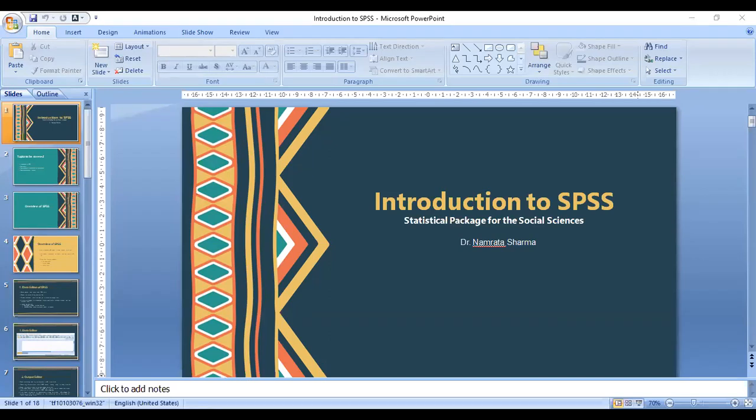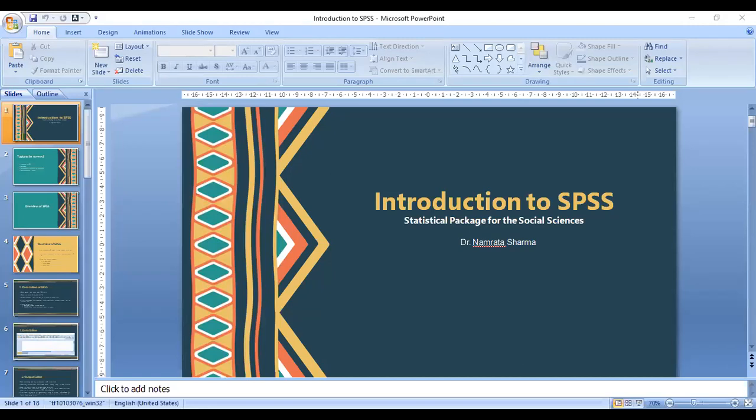Syntax is basically a programming process which is inbuilt in SPSS. Those of you who are familiar with computer programming might find syntax useful. But I personally do not use syntax. It is not required for my research and the range of analysis that I do, and I'm also not very familiar with programming.